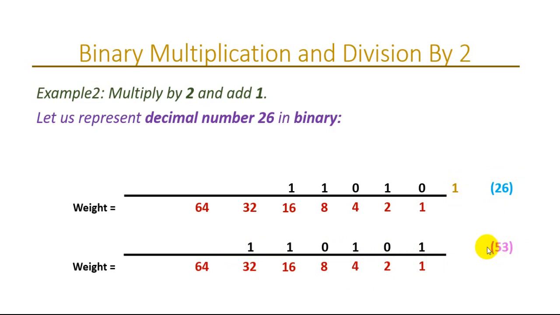Okay, so you can take any number and do this and see. If you put 0 to the end, it's just multiplying by 2. If you put 1 to the end, it's multiplying by 2 plus 1. Okay, right. So let's now go to the